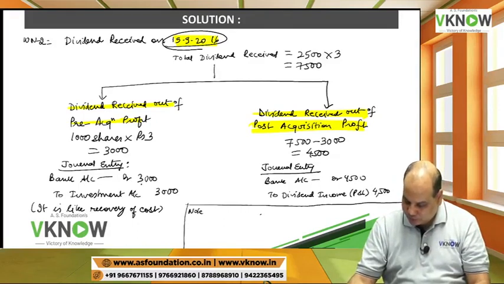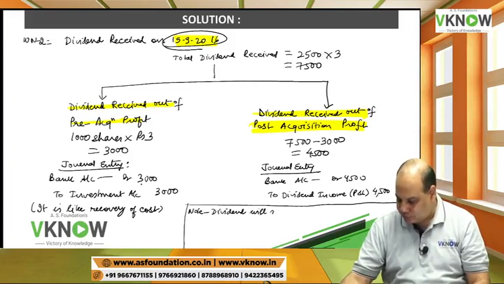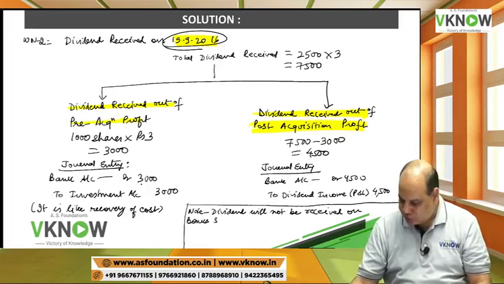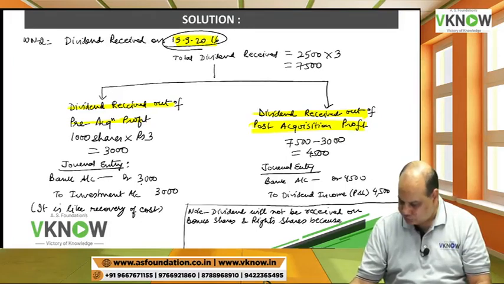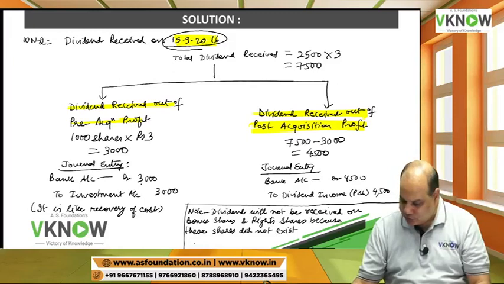Note, dividend will not be received. Dividend will not be received on bonus shares and right shares because these shares did not exist. These shares did not exist on